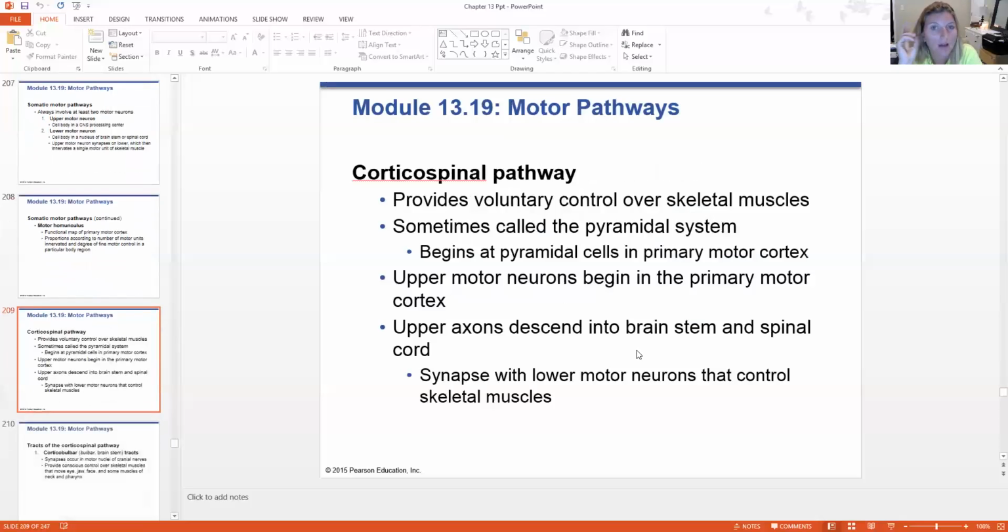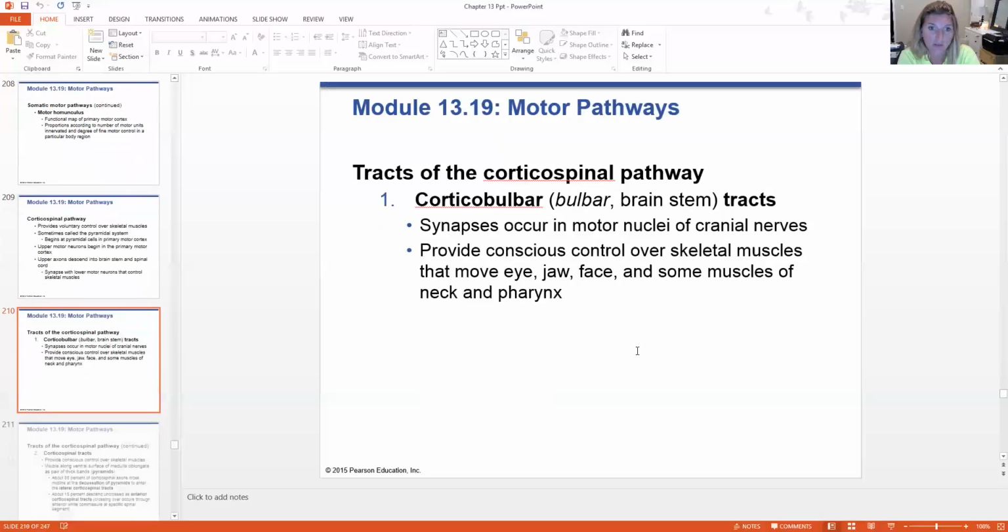Remember those pyramids of our cortex, because it begins with those pyramidal cells. Upper motor neurons begin at that primary motor cortex. Upper axons descend into the brainstem, spinal cord, synapse at the lower motor neurons that control the skeletal muscles. Of the corticospinal pathway, we have the corticobulbar tracts. The corticobulbar tracts, cortex to the brainstem, bulbar, brainstem. These synapse with the motor nuclei of cranial nerves. So this is providing conscious control over skeletal muscles that move our eye, our jaw, our face, and some of